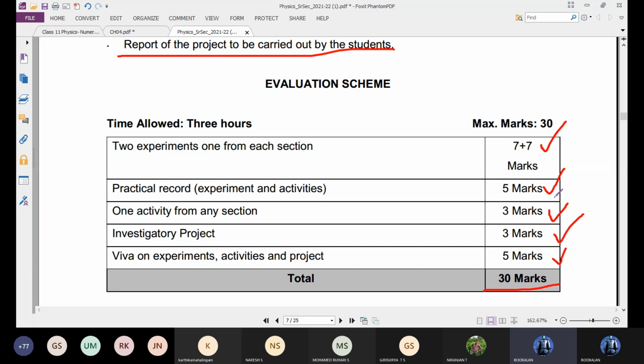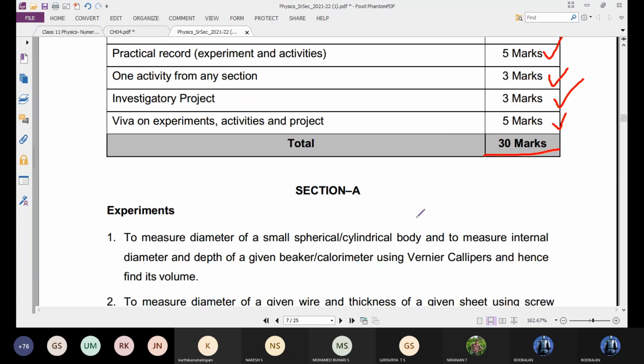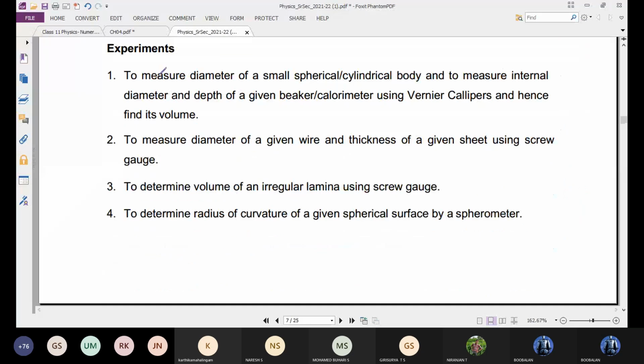So what are the topics up to that you remember? Please fill it and send. So in this form also, I received only 35 to 40 students. The remainders, I will mention as absent, otherwise 0. Yeah, how to use screw gauge, how to take the measurement of screw gauge, positive error, negative error, zero error. This and all we completed. The vernier caliper also we completed. Screw gauge also we completed. Okay, 3 activities, 3 experiments.